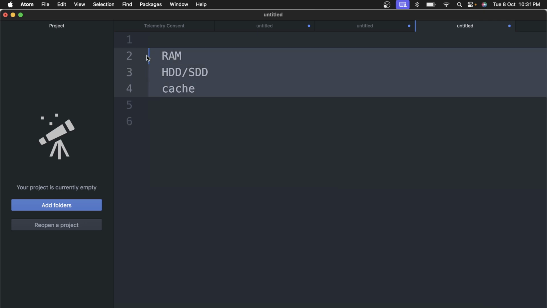So right now we know that there are 3 types of memory that exist in the system. A server is also a system. It does not have a screen, it has a CPU, it has an operating system, everything is the same. It just does not have a screen. So now tell me,